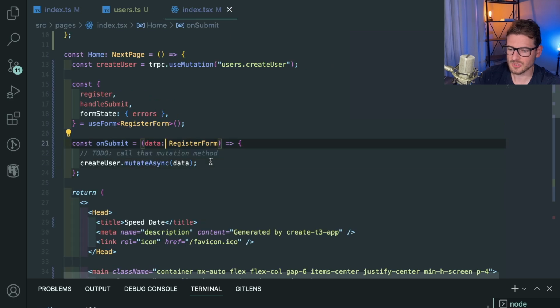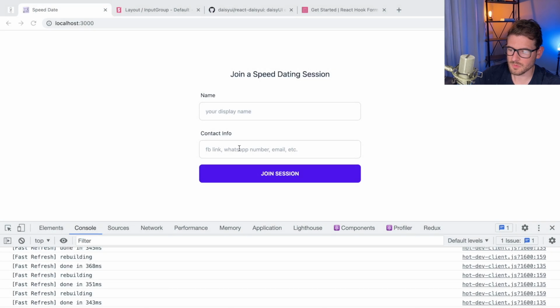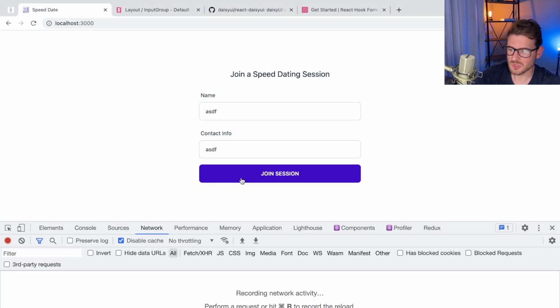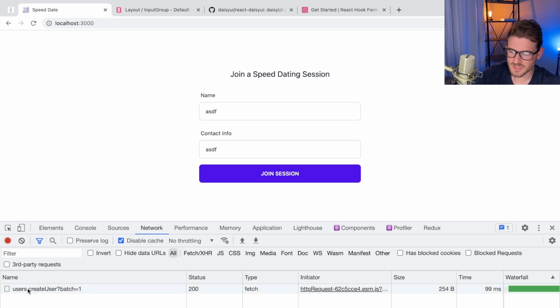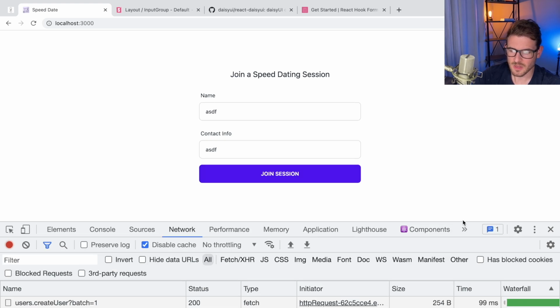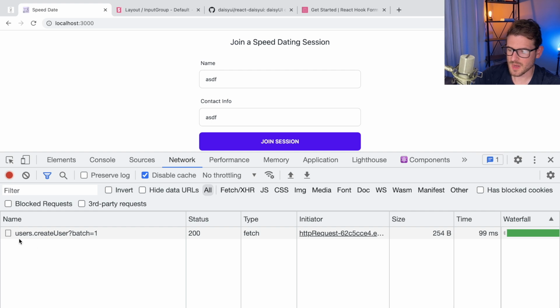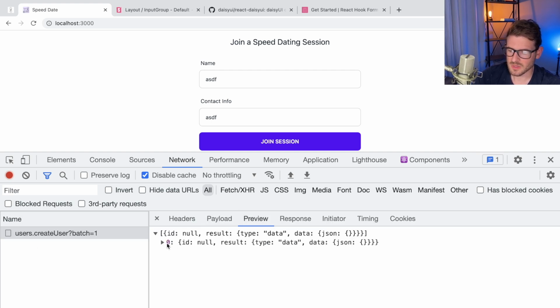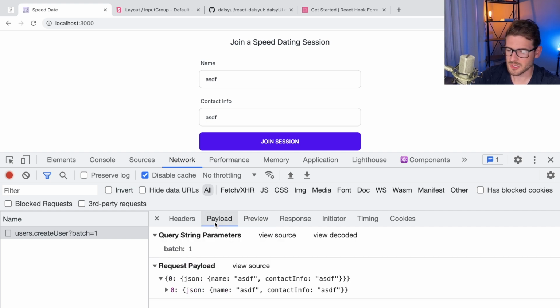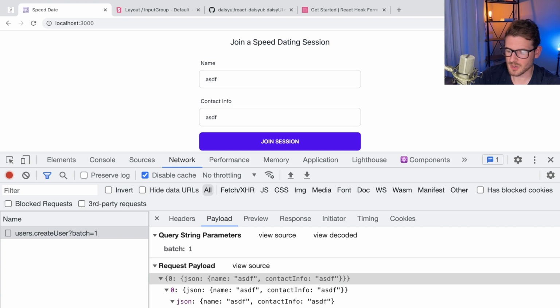So if everything is hooked up properly, we should hopefully be able to see this in the UI. Let's go over here and I'm going to type in some info, and click join session. Notice that it did a request to the backend. Down here, it made a request to users.createUser, and it sent some data. The one thing I'll point out with tRPC is that the payload is a little bit different. I think it's using superjson,